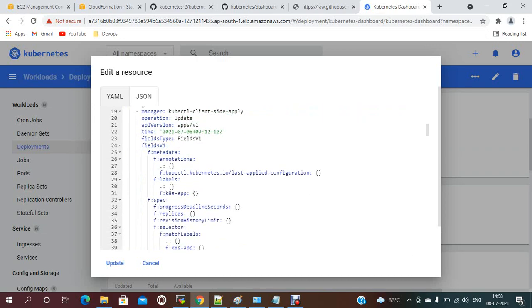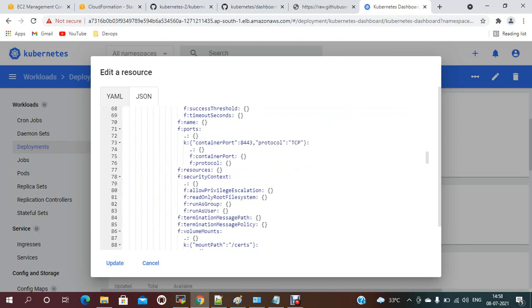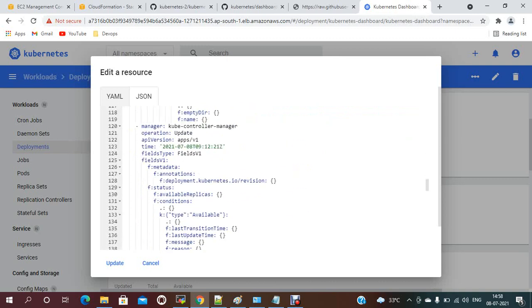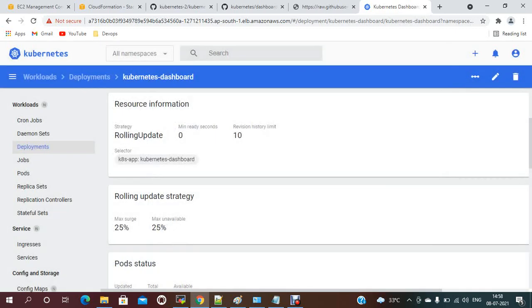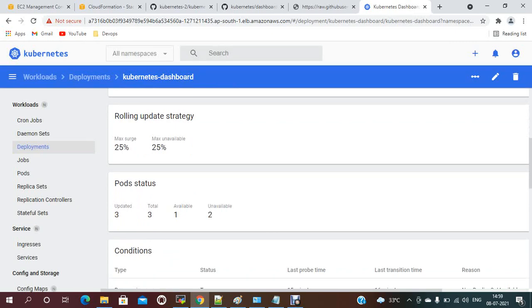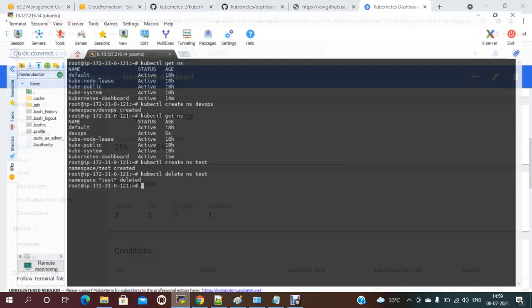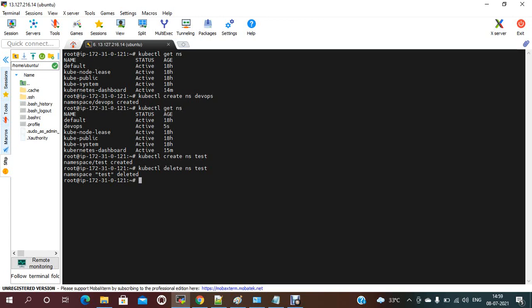Meta information, names. This information comes by default. Then the spec, here replication. Currently it is one, right? If I want to update it to three, the replication should be updated to three. See, now three pods. Previously it was one, right? I just updated that one.